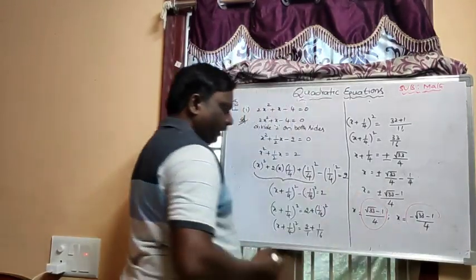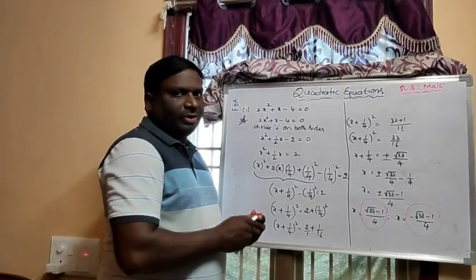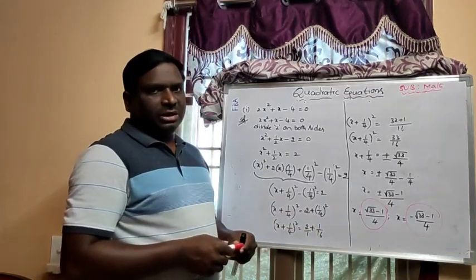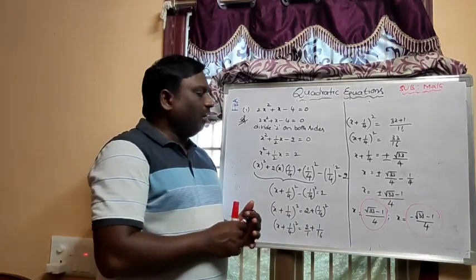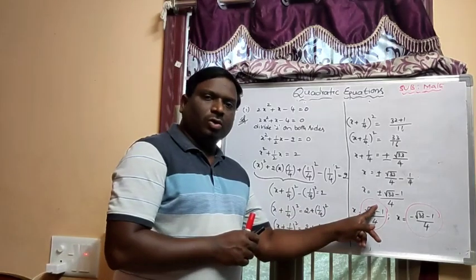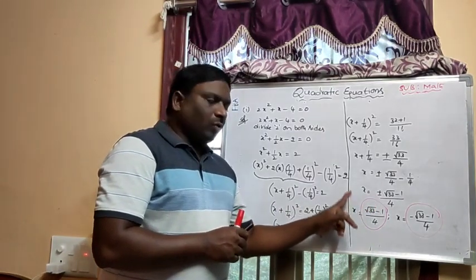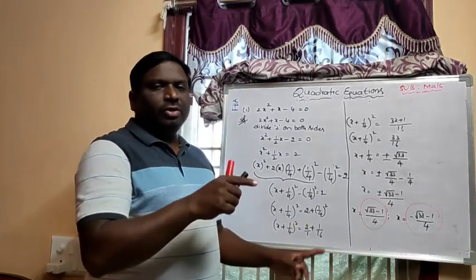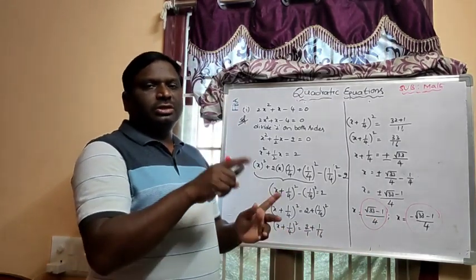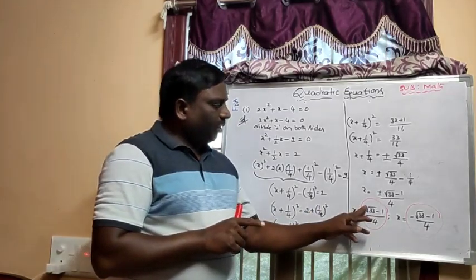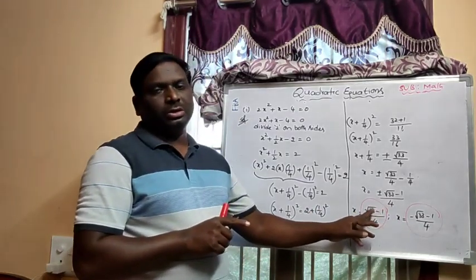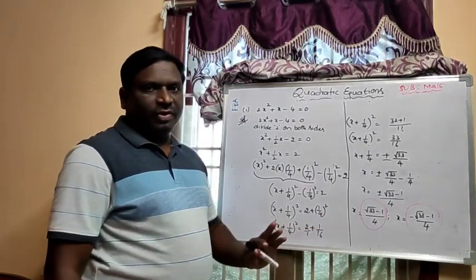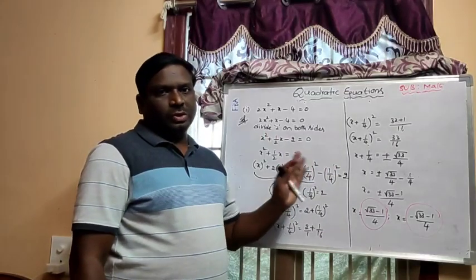By using the formula method also you will get the same answers. So children are making a common mistake. What is that mistake? When you are applying the root, it is for only 33, not for 1. When you are doing fast simplification, some of the children apply the root for both values. That is wrong. Root is applied for only 33, not for 1. So these two are the solutions.